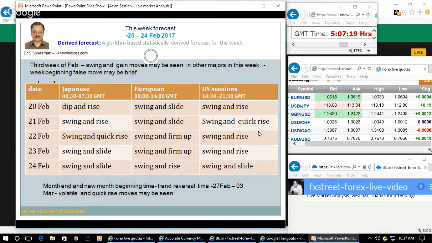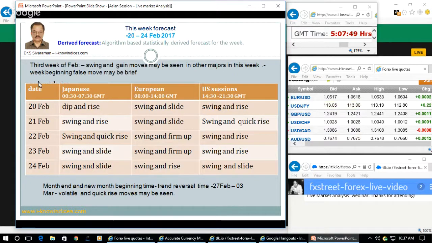Always keep in mind the quick moves or false moves in the market. So if you could carefully understand that, then there will not be any ambiguity while entering into the trade, and that will happen to be a successful trade. Now today they are expected to make a dip and rise during the Japanese session and then swing and slide during the European session